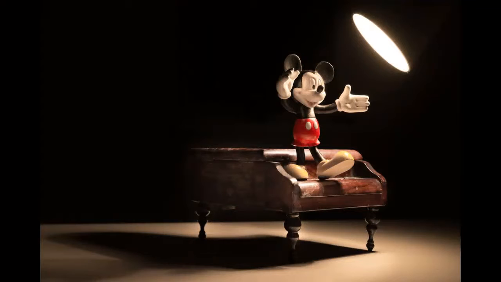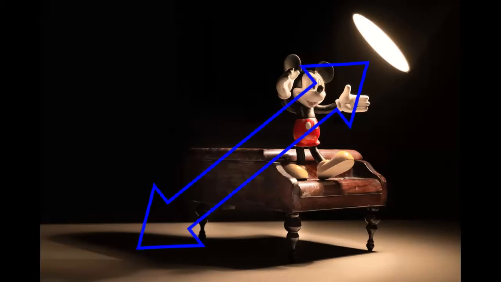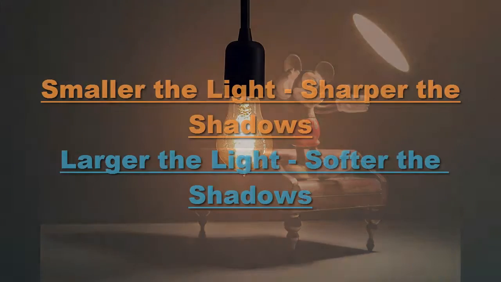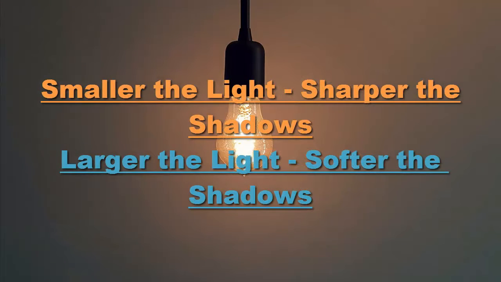Key light generally casts fairly prominent shadows, which are visible on the opposite side of an object from the light source. A shadow appears in the areas where the light rays were unable to reach, as they were obstructed by an object in between. Before we move any further, there is a golden rule in lighting which I always follow: smaller the light, sharper the shadows; larger the light, softer the shadows. We will see this phenomenon being repeated n number of times.